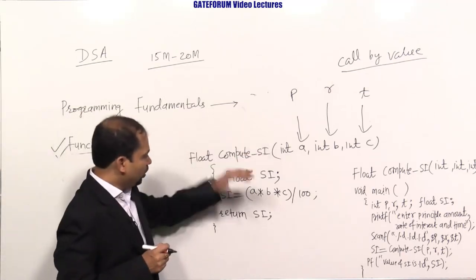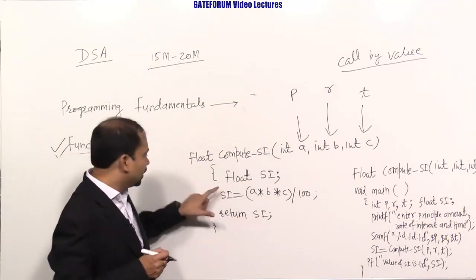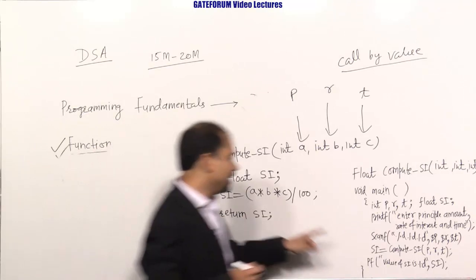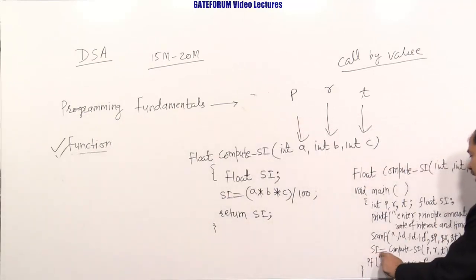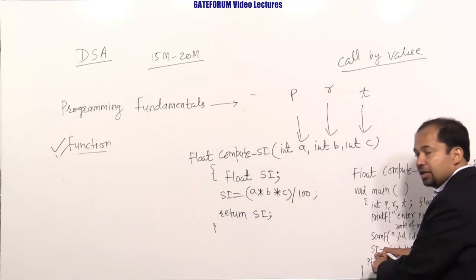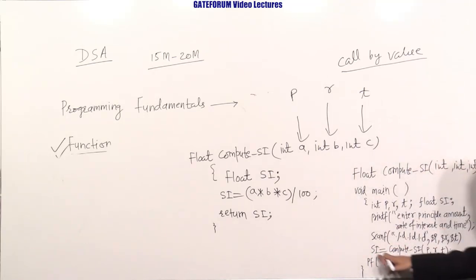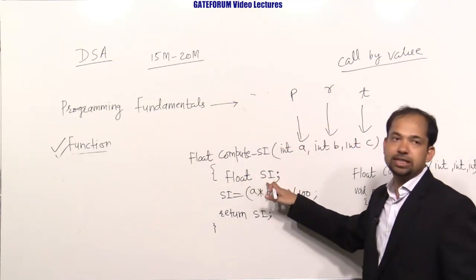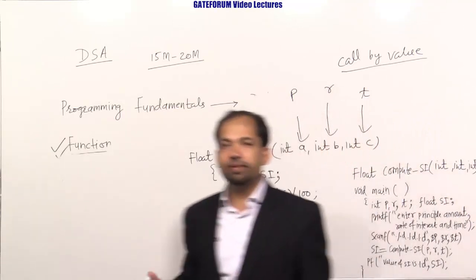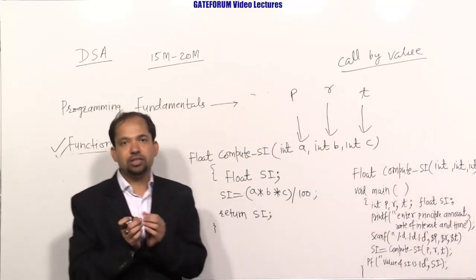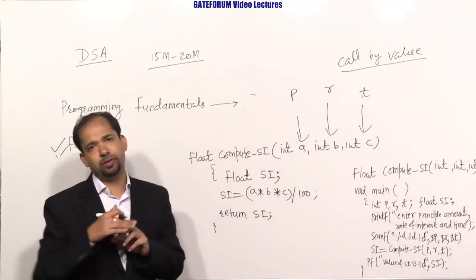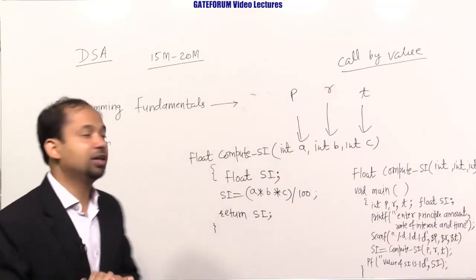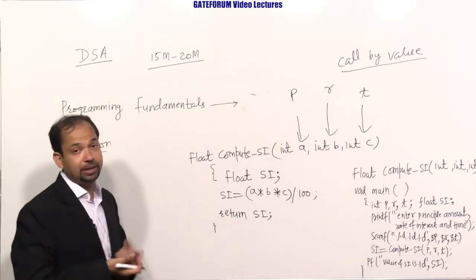So here, when the last statement of the function body is executed, the return statement will return, and who will receive? The value will be received by this. So after SI, this SI will be received by this, and the value of SI, this SI corresponds to this SI, so the value of SI is %d, and this SI will refer to this. So in this block, if we refer to SI, it will refer to this SI. In this block, if we refer to SI, it will refer to this SI. Such variables are called local variables. A variable is local if it is locally used in that particular function or block. We will be talking about the types of variables when we discuss storage classes in detail.